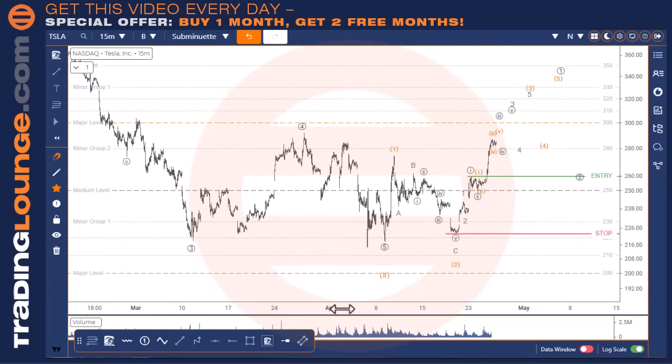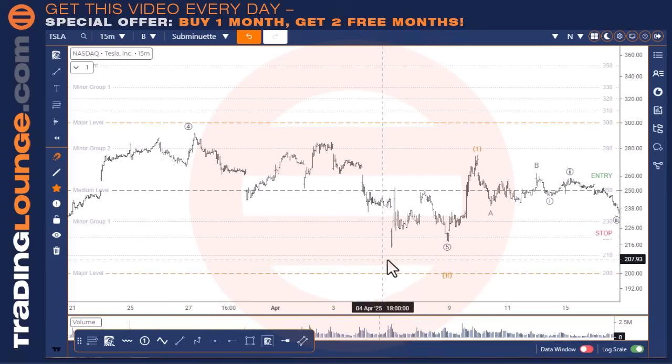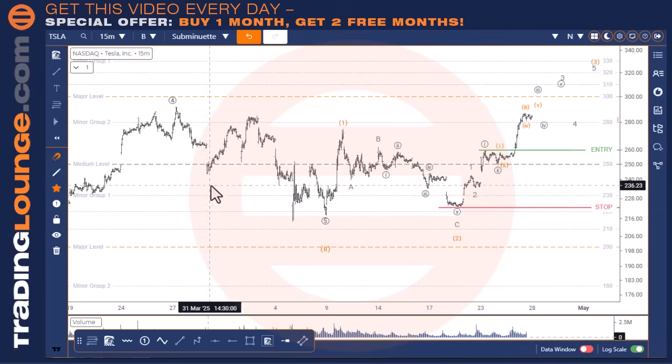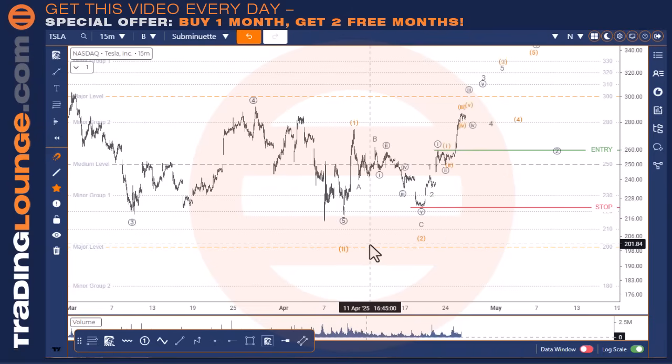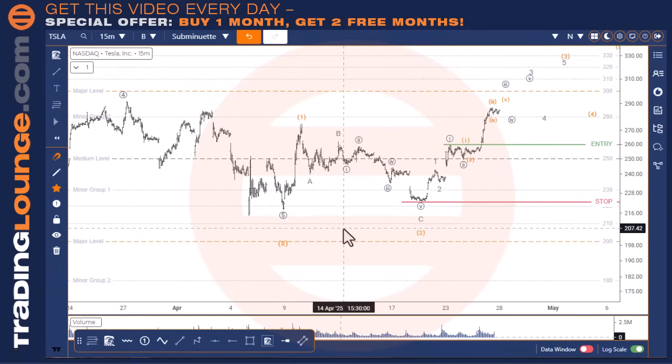And over to Tesla. I've got this counted a bit weird here. I've got an ABC for wave 3 here, then 1 and 2 here, a nice strong third wave down here. And then I'm looking at this being an ABC for the 4th wave and 5 waves down here. Even though it hasn't taken the low out here, I don't mind it, because it still gives me 5 waves up here. So I'll look at this as a truncated 5th wave, and that way it also gives me 5 waves coming down as well. I could put the whole thing as a triangle pattern as well, but I feel like I'm not far off. Could have it wrong, but